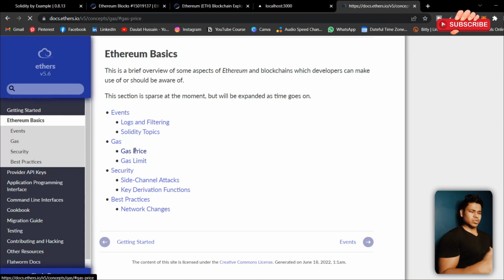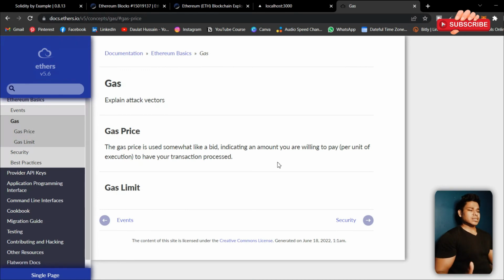So they have explained here. Let me give you a quick overview. Gas is basically a transaction fee you have to pay to run any command on the Ethereum blockchain. So if you have a contract and you want to deploy your contract on the Ethereum blockchain,